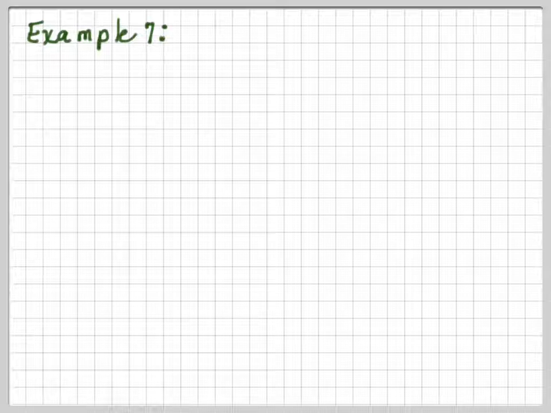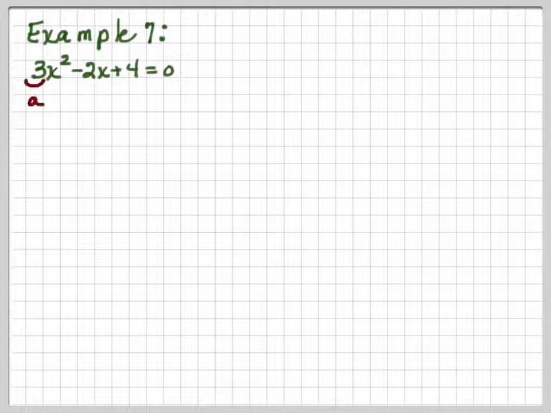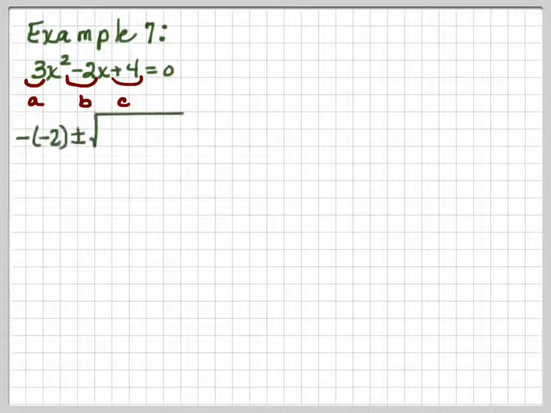Moving on, we have example number 7. Example number 7 is 3x squared minus 2x plus 4 equals 0. In this case, a is 3, b is minus 2, c is 4. And when we plug into our quadratic formula,